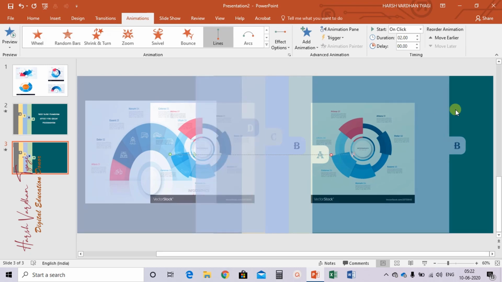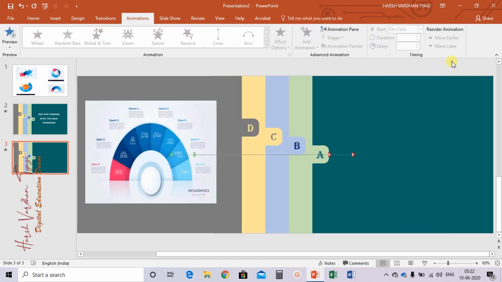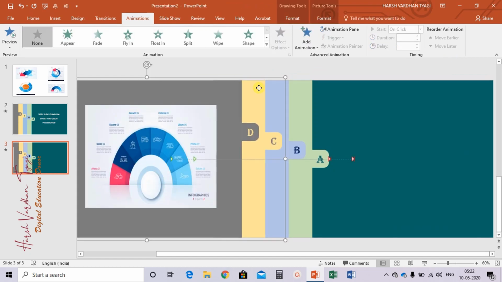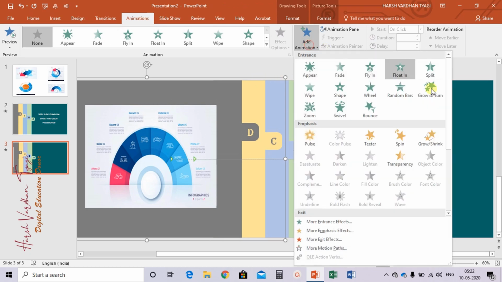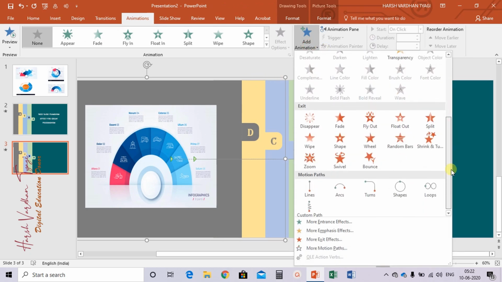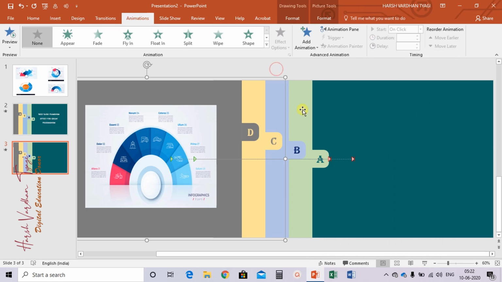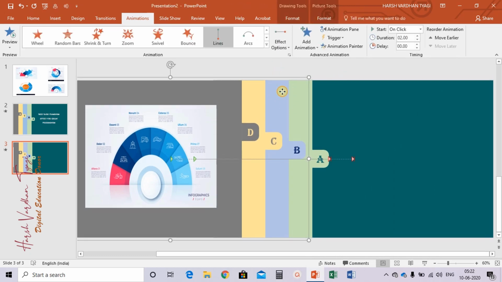And leave. Clear? Again now select the third, go to add animation, same way. And the second one we have not set the timing, set it to 1.25.